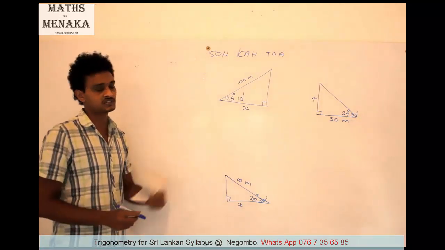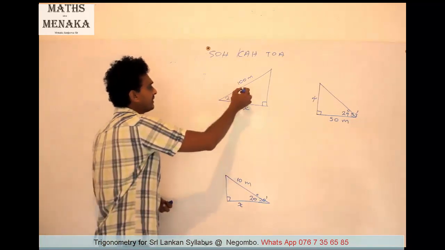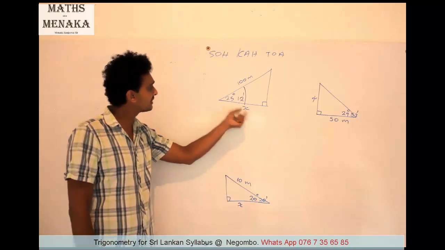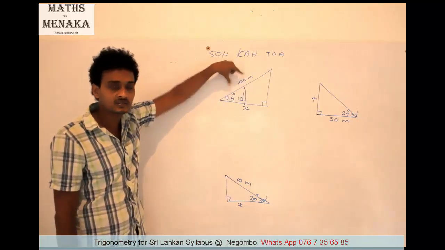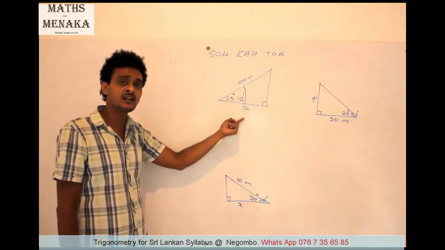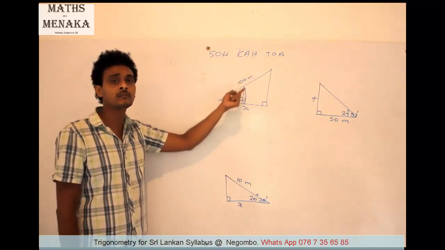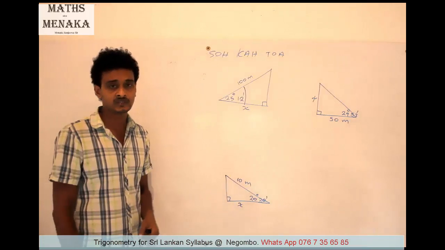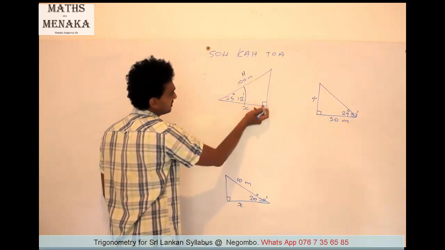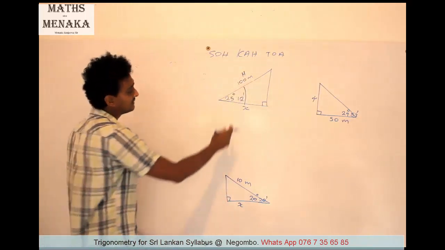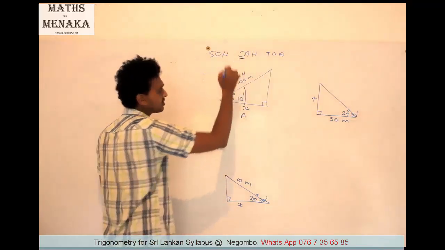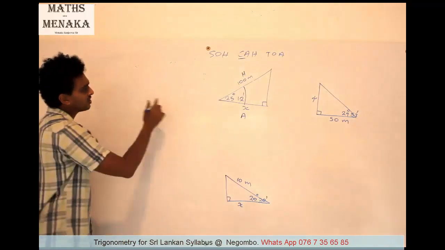Students, now we got a second question. In the second question, one angle is given. Now, what are the two sides you have to find? The x and the 100. The side you want to find and the side whose value is given, you have to name according to the angle they have given. This is always the hypotenuse because it is opposite the right angle. This is the adjacent. So adjacent and hypotenuse, you have to use cos.